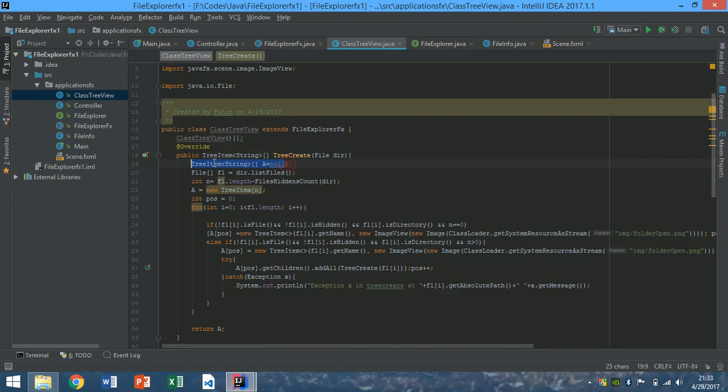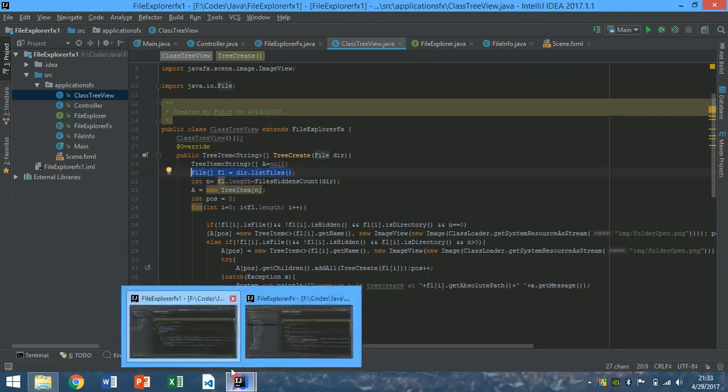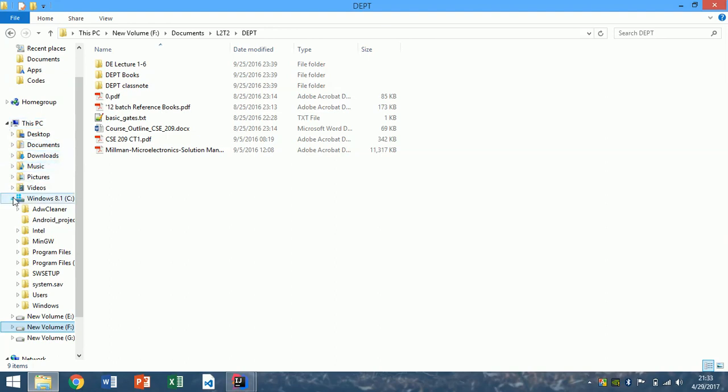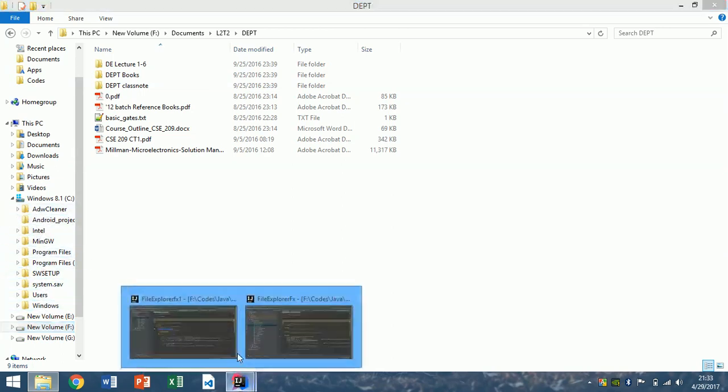Okay, that's just a reference which will be returned later. File equals list files. So under the C, if the file is C drive, then we'll get the list of all these plus the hidden folders,